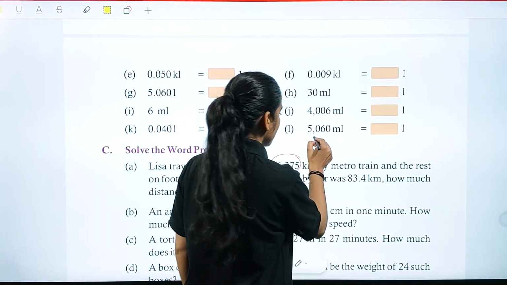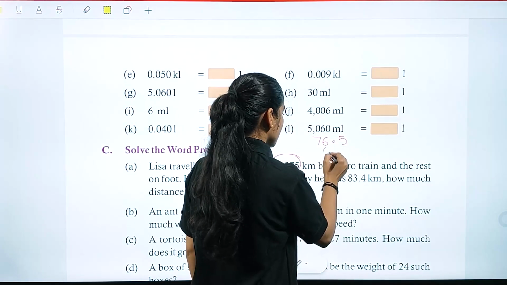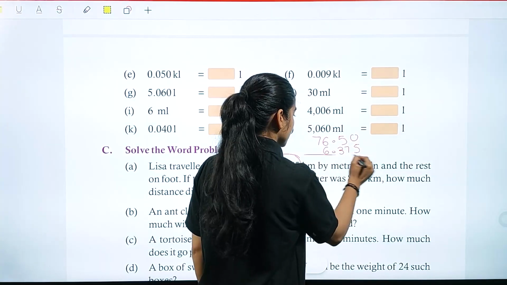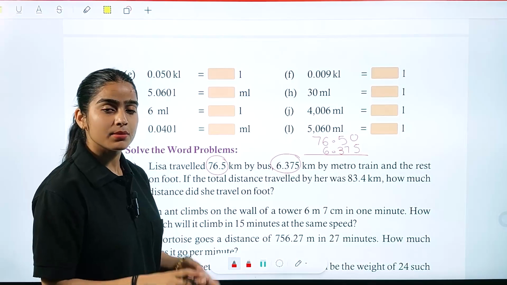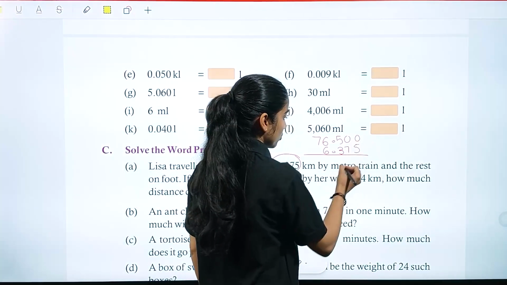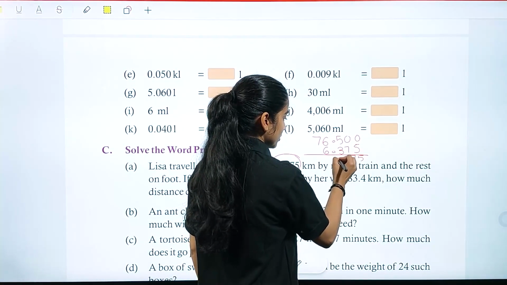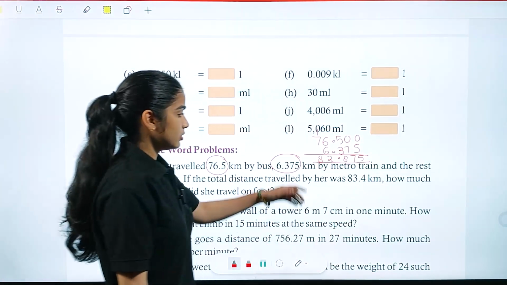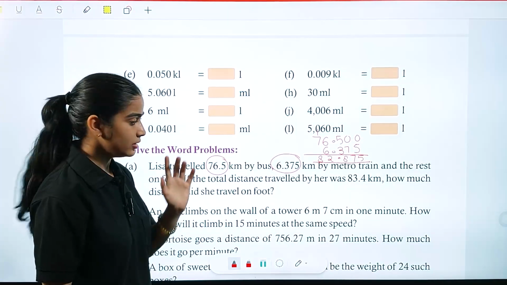What we have to keep in our mind: the point should always come under the point, right? By adding this zero, I have converted the unlike decimals into like decimals. Okay, we will add these two, 5 7 8, 12 1 8. This is our distance traveled by bus and train, 82.875 kilometers.